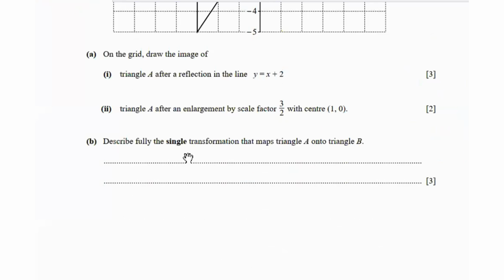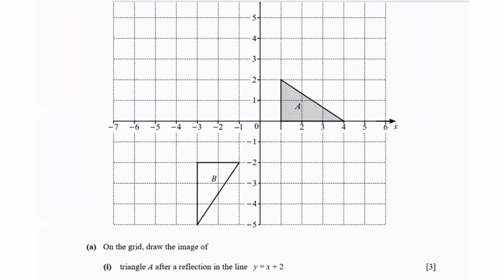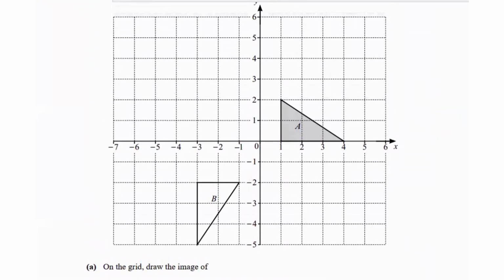Then it says describe fully the single transformation that maps triangle A onto triangle B. Triangle A onto triangle B is clearly a rotation. And it's a 90-degree rotation because we're going in this direction. Now we need to figure out the center of rotation. So if we pick this point and we pick this point,